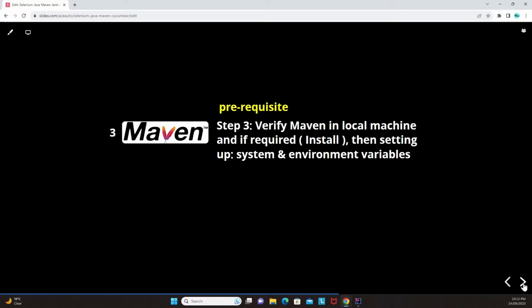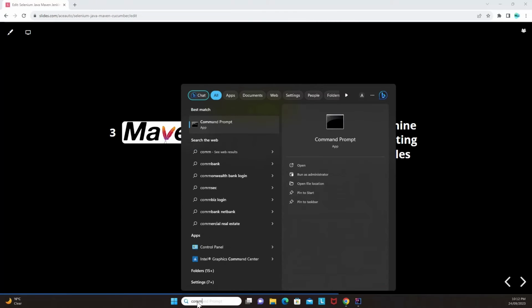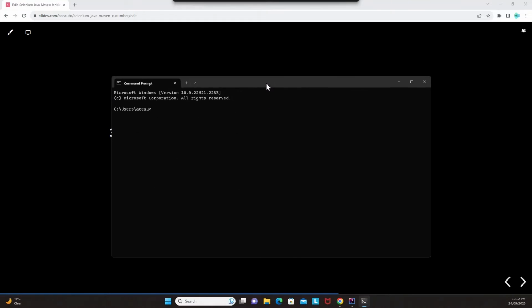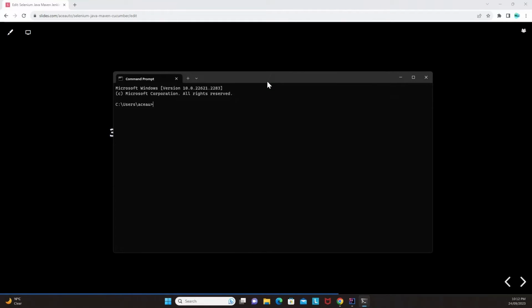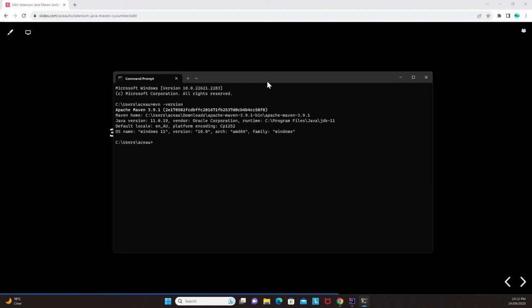Now what we have to do is similar to what we did in step number 2. We will go to command prompt. So I'll just search command prompt here, and something like this will open up as a command prompt. Now I have to enter a command over here, which is mvn --version. Okay, and press enter on my keyboard. Now the moment I